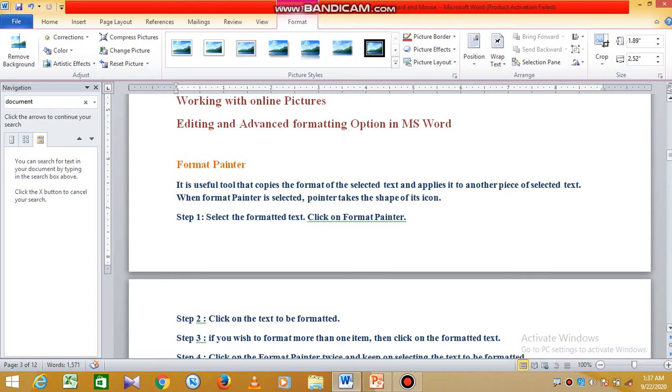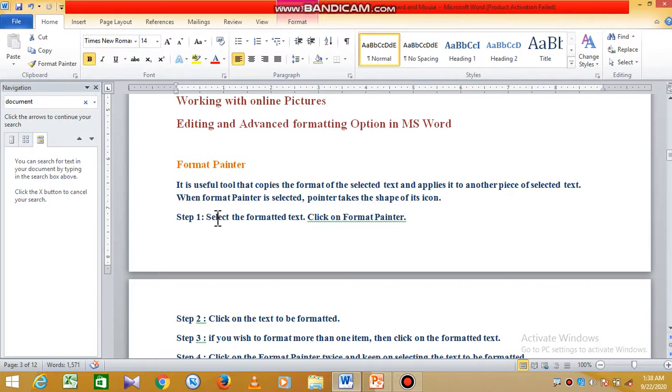Now next is editing and advanced formatting options in MS Word. First is Format Painter. It is a useful tool that copies the format of selected text and applies it to another piece of selected text. It means first of all we have to select the text, then on the Home tab you will find Format Painter.